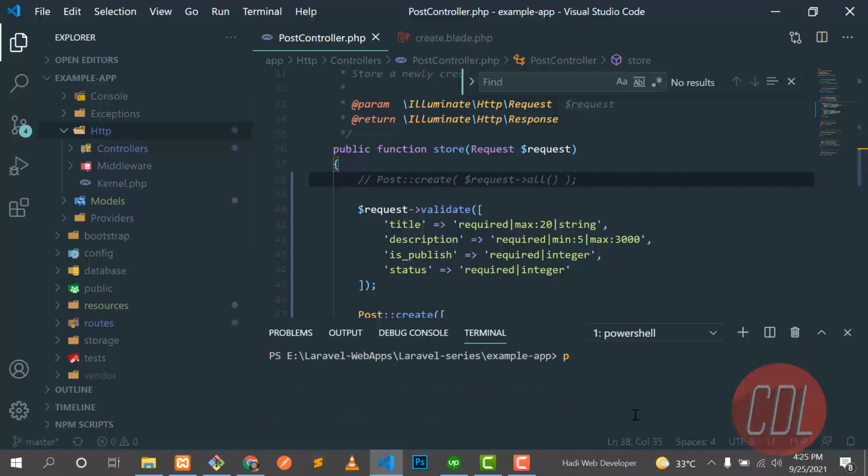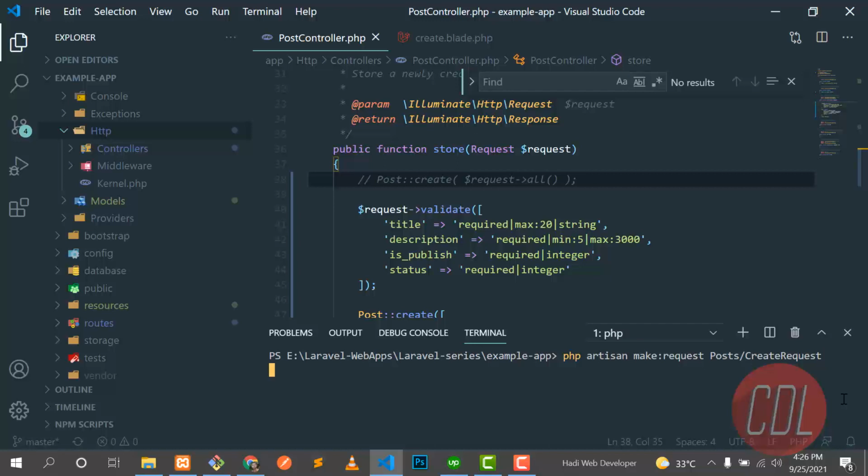validation. So the command is php artisan make:request, and what do I want to name this? I want to create it in a new folder which is Post, and in the Post folder I want to make a CreateRequest.